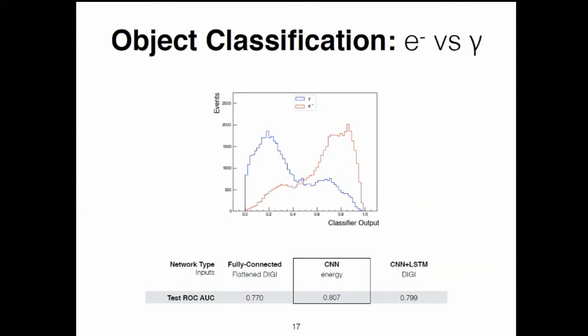The LSTM didn't do so badly, but there are other reasons why you don't want to go with digis. For one, they take a lot longer to train because you have 10 layers instead, plus the LSTMs take a lot longer to train. Second, from a physics perspective, the digis are actually uncalibrated. So you're exposed to transparency losses in the ECAL crystals. As the ECAL crystals get bombarded by radiation during the fills, their transparency changes. This is what the laser calibration in ECAL is for, and so these are corrected offline.